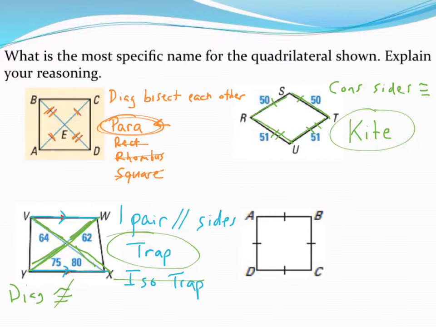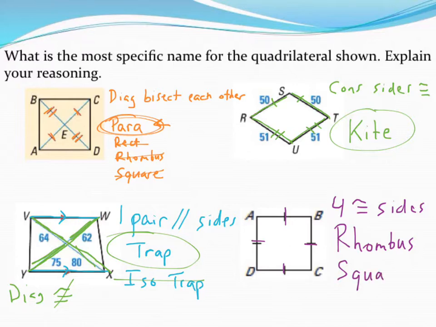And last up, I can see tick marks on all 4 sides that match up. That is the evidence, or that's the property, that I've got 4 congruent sides. All sides are congruent to each other. And what that means is I have 2 options. This is either a rhombus, which would be my default name because that's the less specific name, or this could